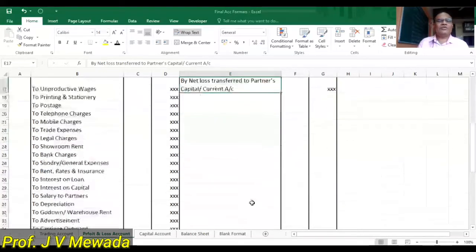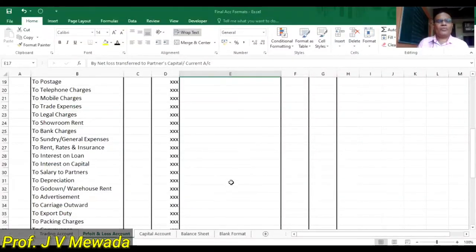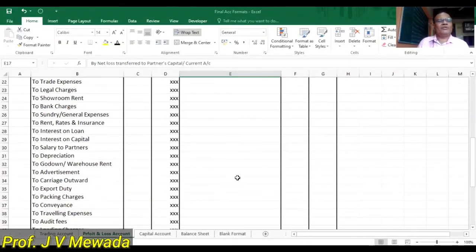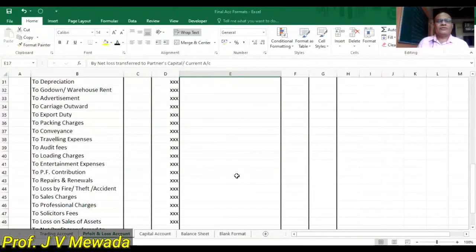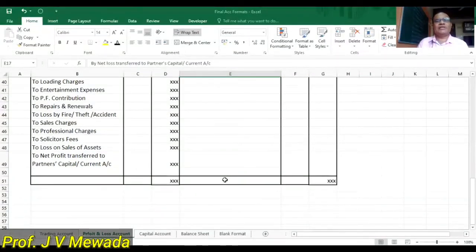Okay, so that is all about the profit and loss account. Okay, you have to remember all these items. The items which are appearing in the trading account and profit and loss account are confusing. So you have to classify these items as a direct expense and indirect expense. And here this profit and loss account debit side is also known as the office expense, and credit side is also known as office income. So factory expense, factory income. Office expense, office income. This classification you have to remember.